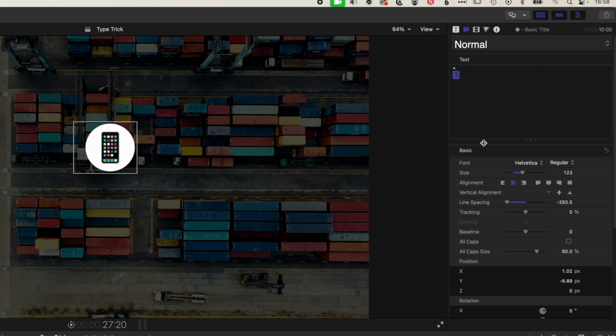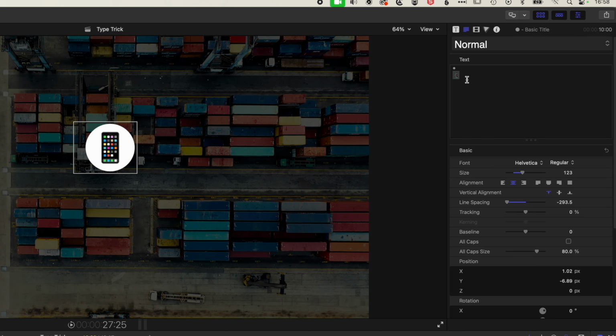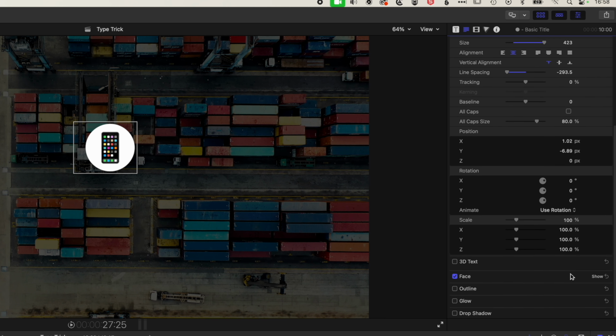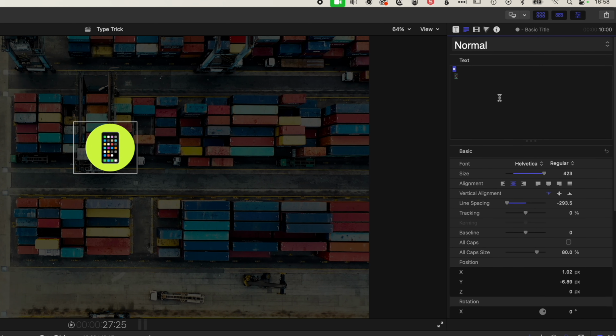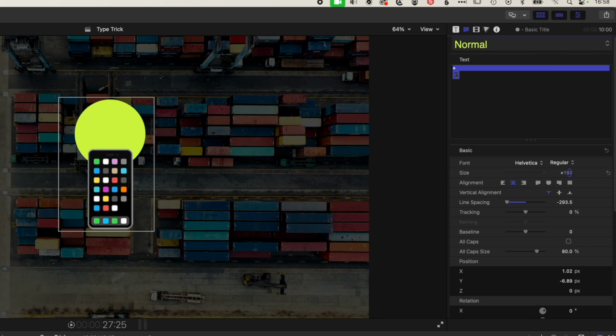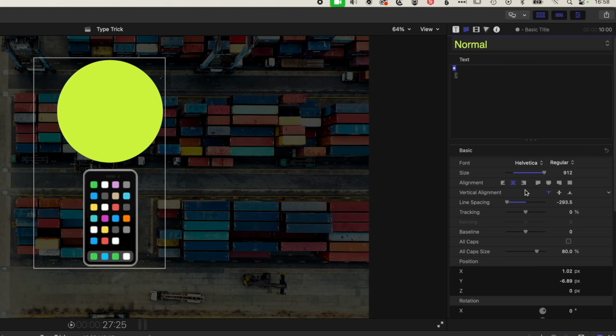We don't have to use a white background, obviously, but we can kind of map any graphic inside a circle or within a circle in this way. And obviously we can come up here, we can grab our color and change the color in here as well to kind of give that nice look and feel. So if we grab both these lines now, we can increase the size. It's going to increase the size of both of them. And then obviously we'll need to refine that a little bit, refine the line spacing, but we can really kind of work on some nice different graphics for these different elements within Final Cut Pro without using any extra plugins,